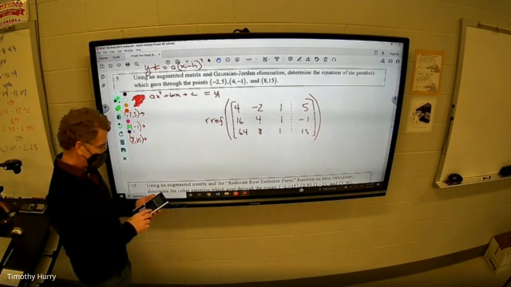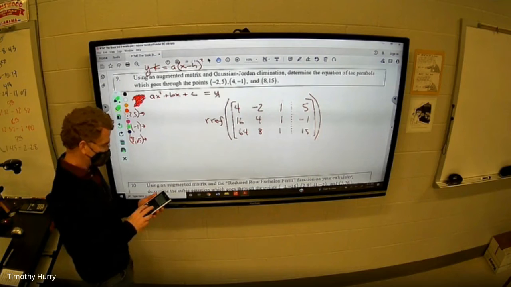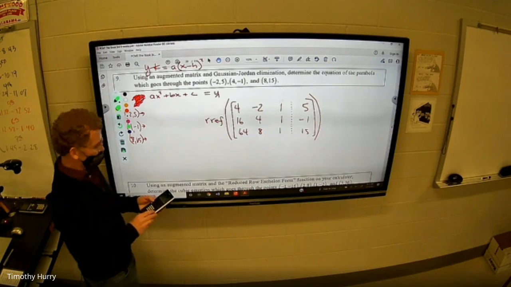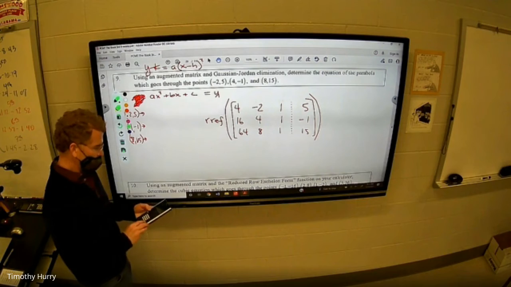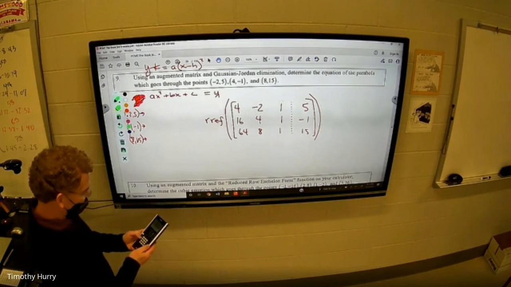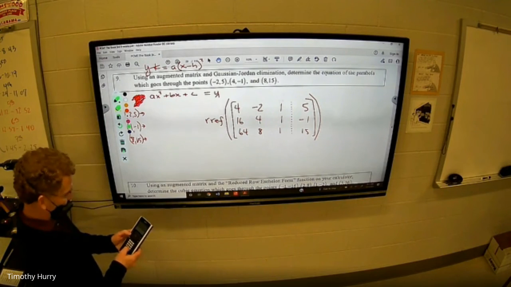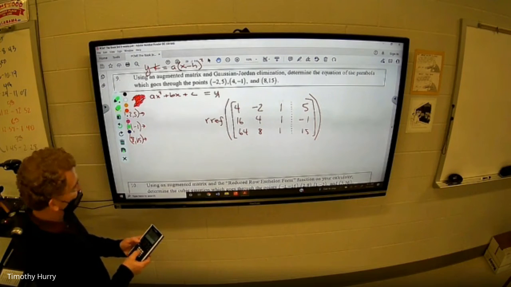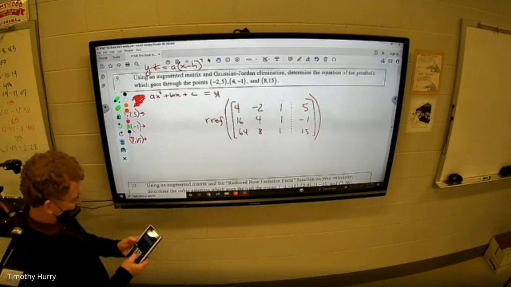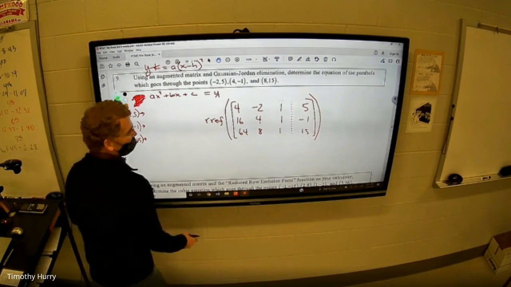We go menu, matrix, 5, left side of the book button, matrix button, tab down, 3 by 4. Get that in there, enter these numbers: 4, tab, -2, tab, 1, tab, 5, 16, 4, 1, -1, 64, 8, 1, 15. We hit enter, and it spits out